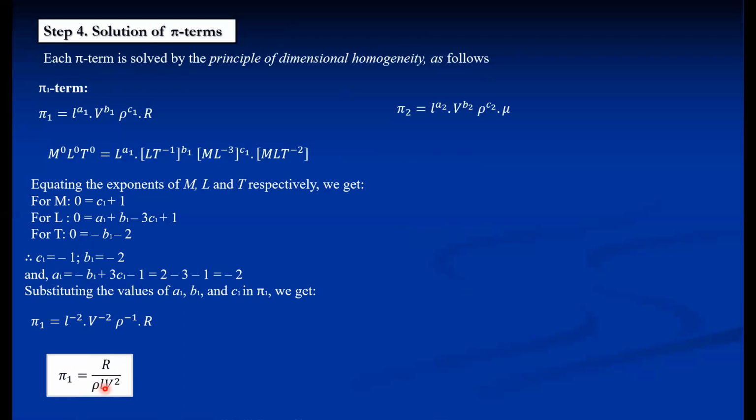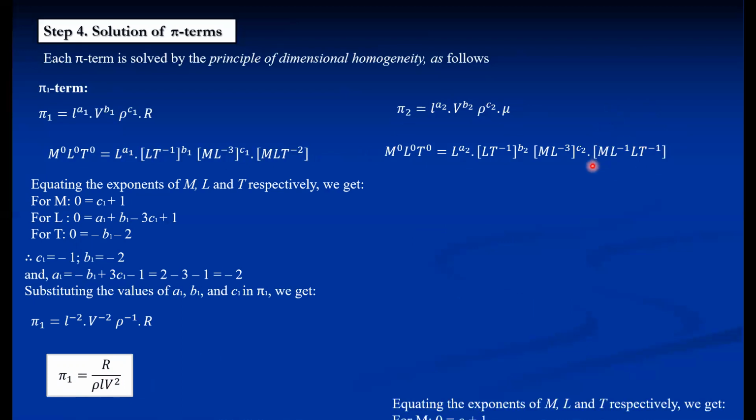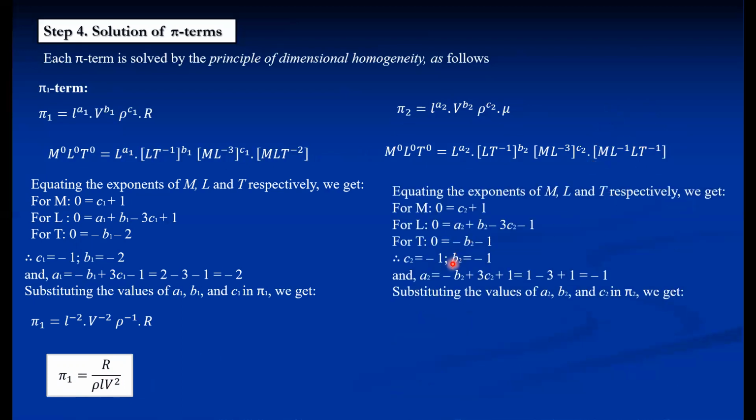Similarly, we follow the same procedure for the pi 2. So first of all, we'll write the dimensions, all the dimensions. Almost these dimensions are constant, so we can copy this as it is. Only the last term, that is viscosity, we have to change. Then again, equating the powers of m, L, T, we can calculate the constants A2, B2, C2. And putting all these constants in this expression, in this case, we are getting A2, B2 and C2, all values negative. And mu, there is no power. So pi 2 is equal to VL by mu. This is the pi 2 term.